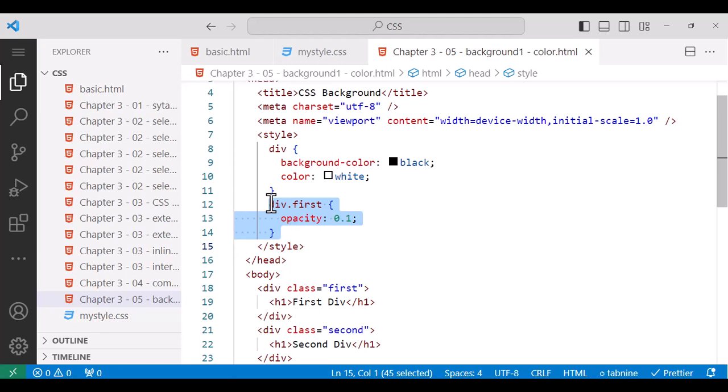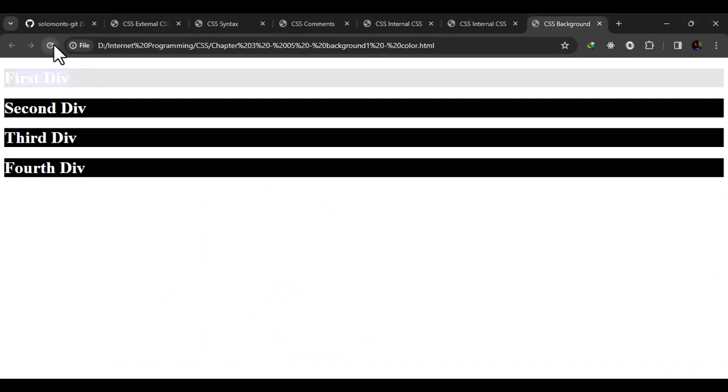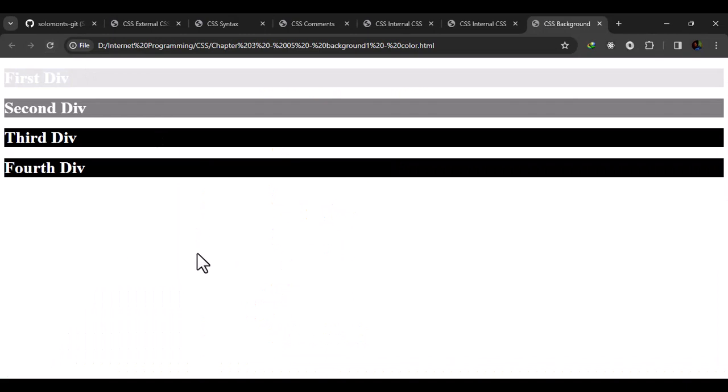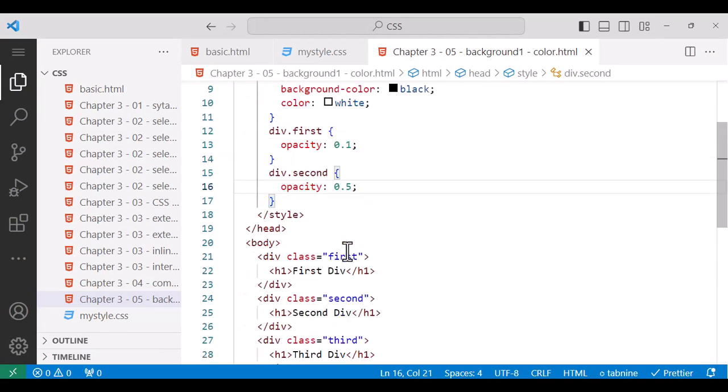the transparency decreases. So for the second element, we can increase that. For example, second, we simply put an opacity of 0.5, which means a little bit darker background. If we, for the fourth element, for the div element,